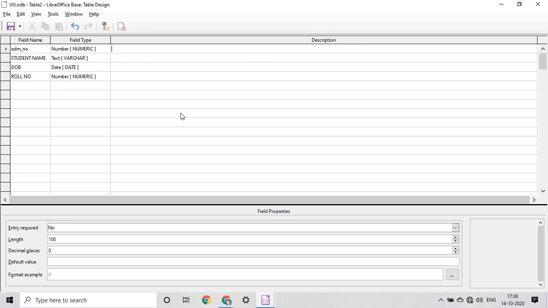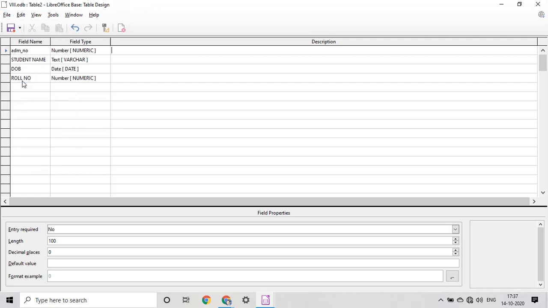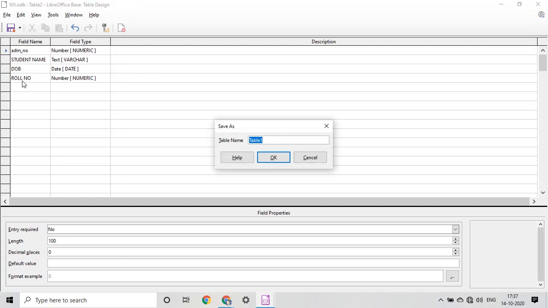After adding the description, you have to add all the entries, then click on file, and then click on save. Here we have to give the name of the table, that is, the name you want to save your table with. Suppose I want to give the name 8A.